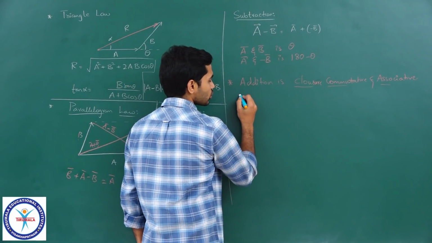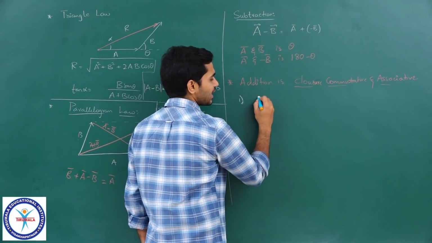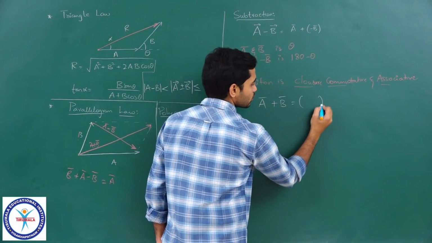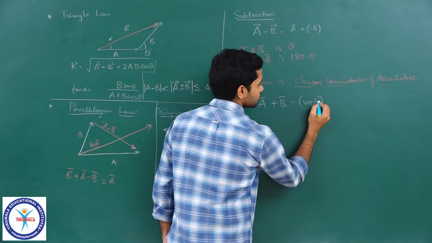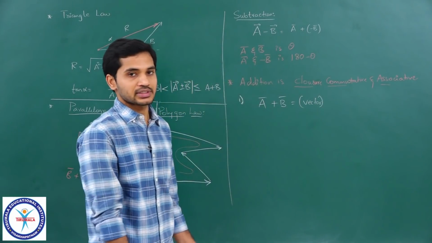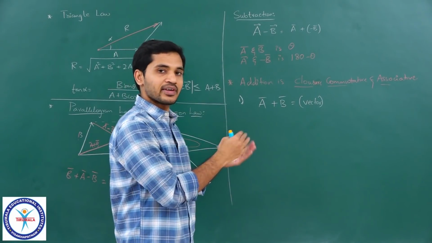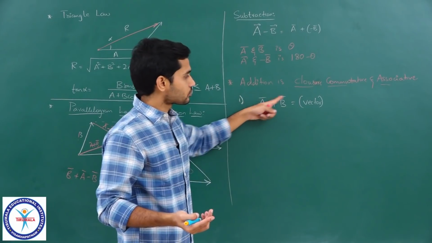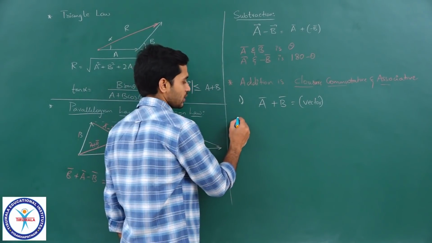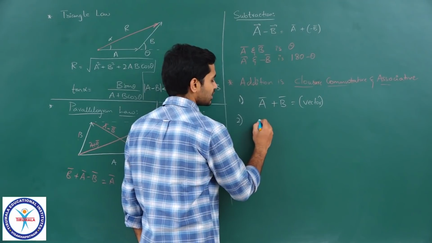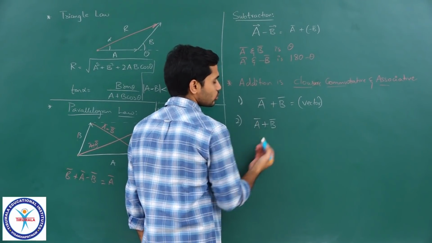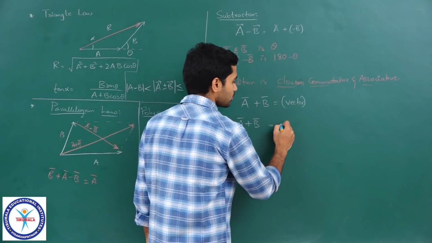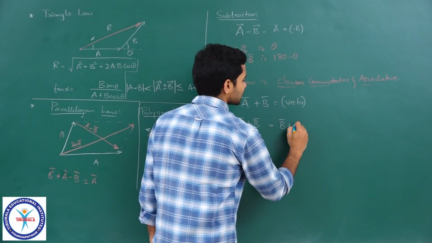First, closure property means that when I add two vectors a bar plus b bar, what I get here will also be a vector, clear. So, two vectors when added also give a vector, that is very obvious, right. That is what we mean by closure property. Now, commutative property basically means that when you are adding two vectors, it does not matter in which order you add them. So, a bar plus b bar will be equal to b bar plus a bar.